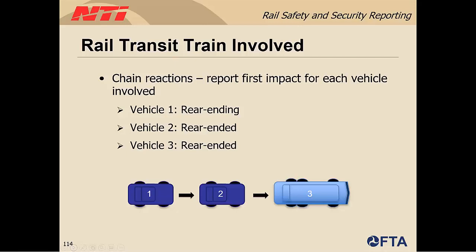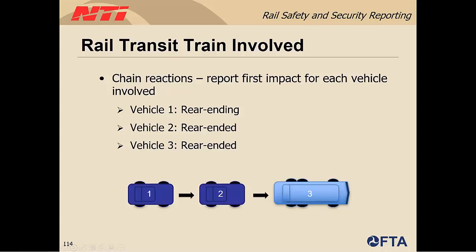Okay, multi-vehicle accidents or chain reaction accidents can be a bit of a challenge sometimes. It's always important to remember the first impact. That's how we validate these. So in the diagram here, vehicle 1 would be reported as rear end ding because it's doing the hitting there,